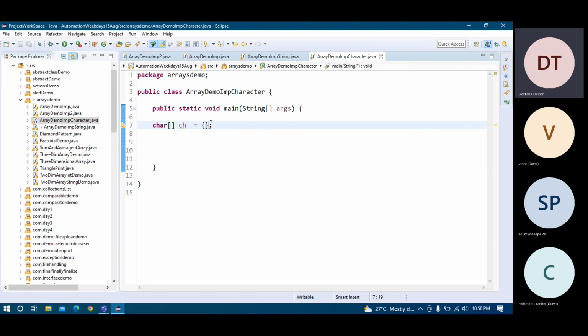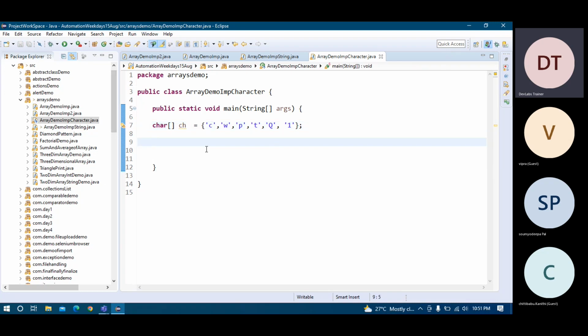Say that I'm putting one character in single quotes, say C, then comma, then in single quotes I'm putting W, then comma, then I'm putting P, then comma, then I'm putting T, then comma, then some capital letters also, Q, and say 1. Everything is coming as a character. So for the last position, after that I don't need a comma.